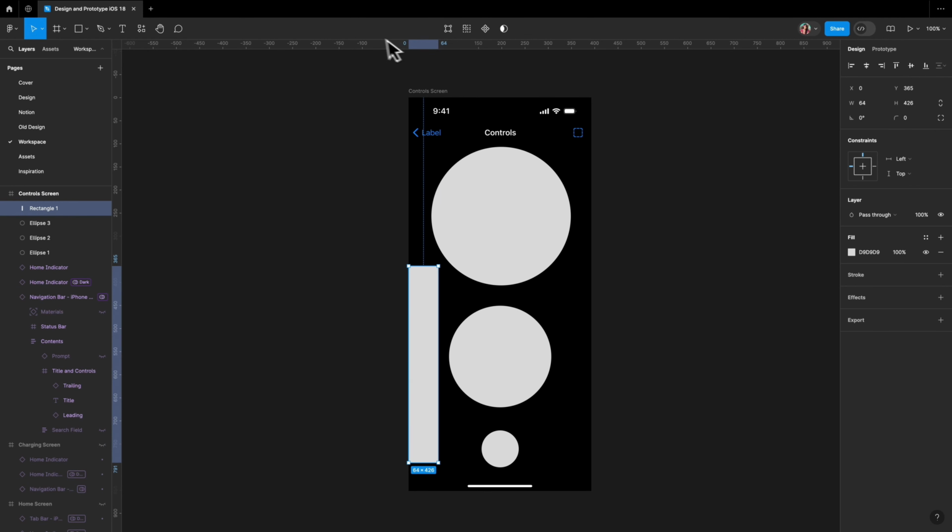Let's add the speed label. Press T and type the first speed value using the caption to text style. Make sure to set the text container to auto width and fill it with the foreground secondary color. Duplicate the text and change the speed values. Position each text label next to the dots and make sure the text labels are evenly spaced and aligned with